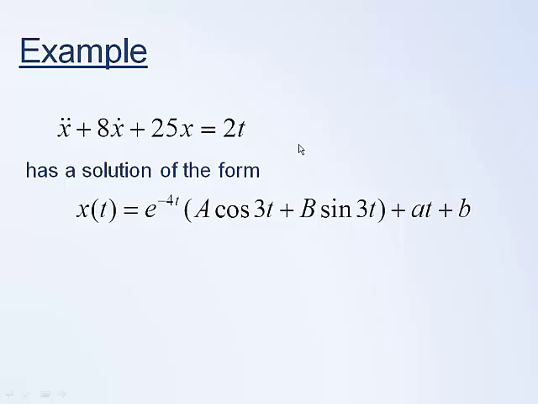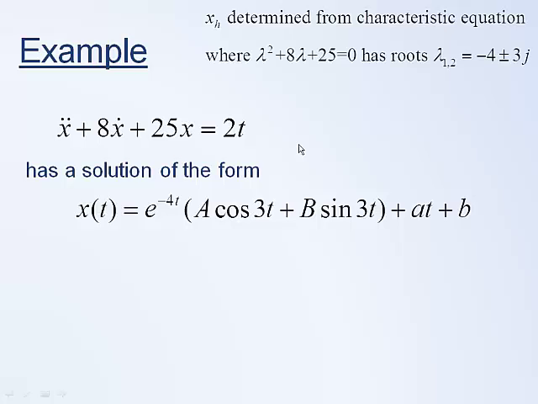The homogeneous solution is based on the characteristic equation. It's the solution of the characteristic equation when the right-hand side is 0. So x double dot becomes lambda squared, 8 times x dot becomes 8 times lambda, and 25x is just 25. So again, we have a quadratic equation. We can find the roots using the quadratic formula, and it turns out that the roots are -4 plus or minus 3j. And if we think back to what those represent,